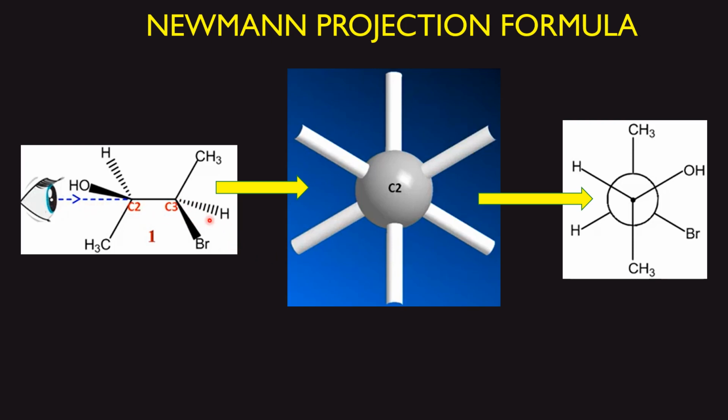When I view from here, this hydrogen is at my left, Br is at right. So hydrogen at the left, Br at the right, and that is what we have shown here. So this is how a perspective formula can be converted to the Newman projection. In the Newman projection, the front carbon is kept as a dot, back carbon is shown as a circle. The three bonds in the front carbon are visible, and the three bonds which are at the back carbon should be connected with the circle.